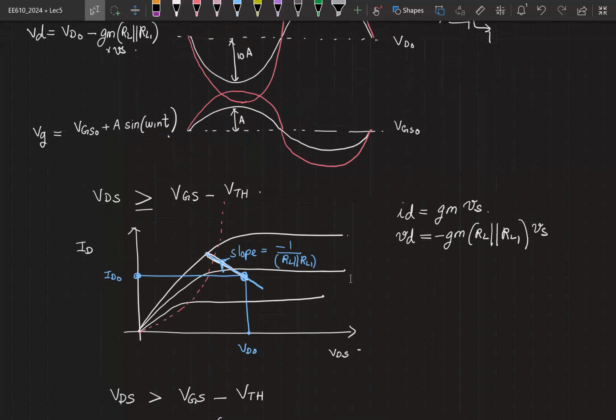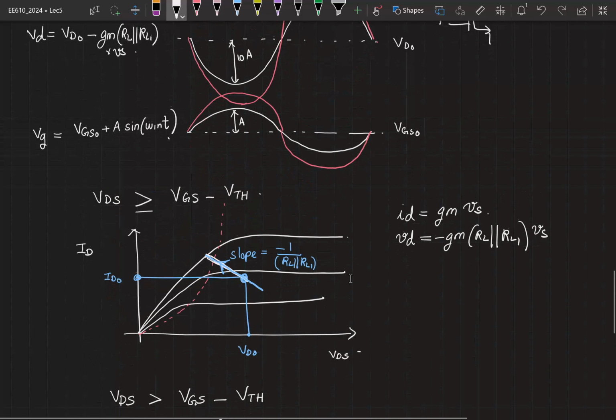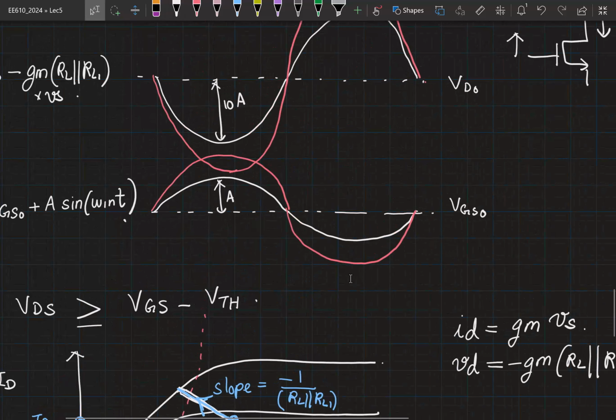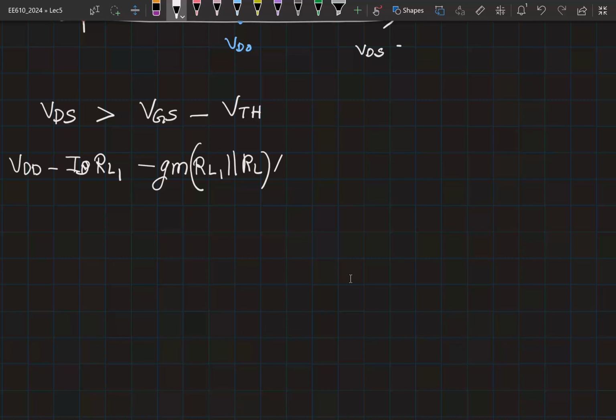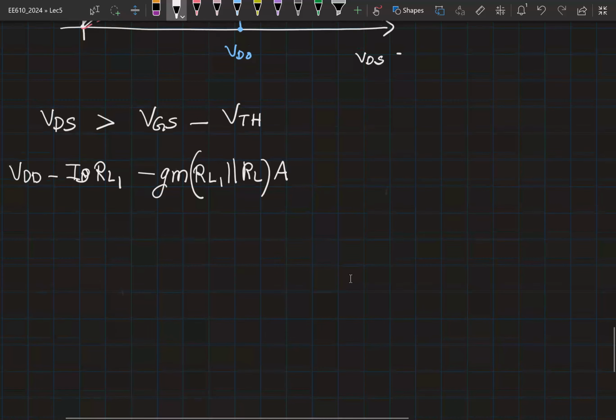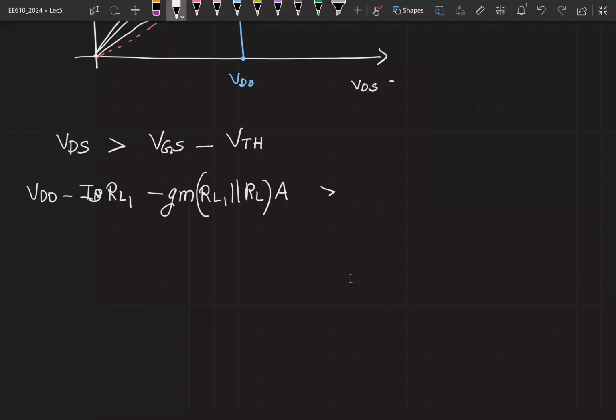Now that I am dealing with a sine wave with amplitude A, what do you think is the worst case point for analyzing this? Should I be solving this at this point when the amplitude is 0, at this point, at the peak value, right? So I should be looking at this condition for the peak value, because if I have met the condition at this peak value, then I am fine. I don't have to verify at the rest of the points. So instead of writing it as Vs, I'll simply say A, the maximum amplitude of the sine wave. This should be greater than